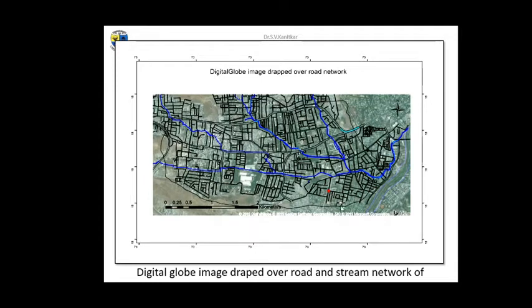In case of Civil 3D, when you have this shapefile or a road network file with you of a particular basin for designing an urban storm drainage system, this road network file you have either digitized from satellite imagery, or you have combined satellite imagery with the OpenStreetMap dataset, or even from other imageries. So the final vector file of roads is available with you, and in the background you can have this DigitalGlobe image of very high resolution.